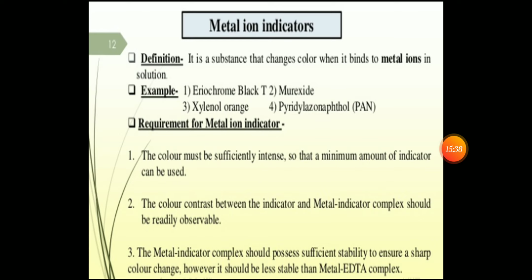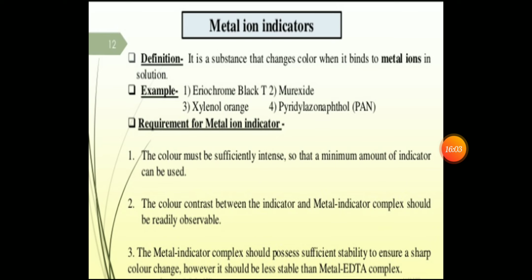The metal indicator complex should possess sufficient stability to ensure the sharp end point. Okay, stable होना चाहिए, क्योंकि जब भी हम टाइट्रेशन करते हैं, एक दो ड्रॉप डाला फिर तुरंत हमें एंड पॉइंट दिखता है, लेकिन फिर भी हम शेक करते हैं तो वो एंड पॉइंट निकल जाता है. So there is a stability required for the color change,